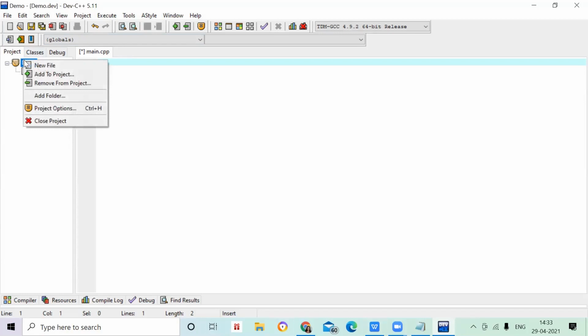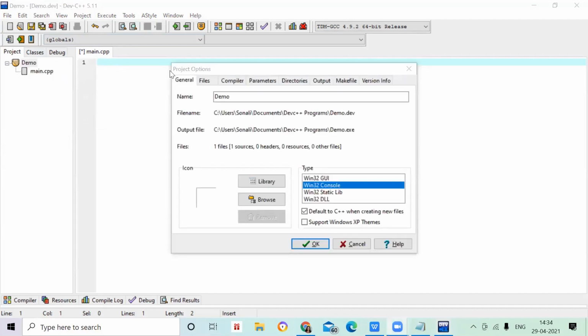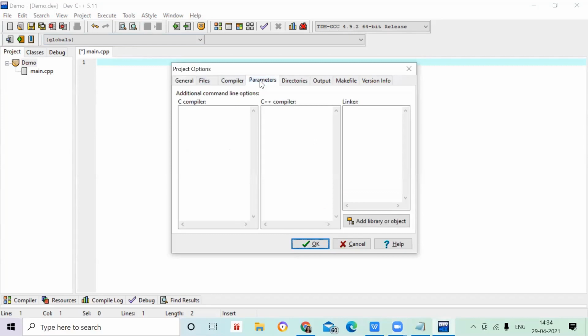Right click on your demo, go to Project Options, and click that. Then the project options open. Go directly to Parameters. Here I have to add some linker library functions.